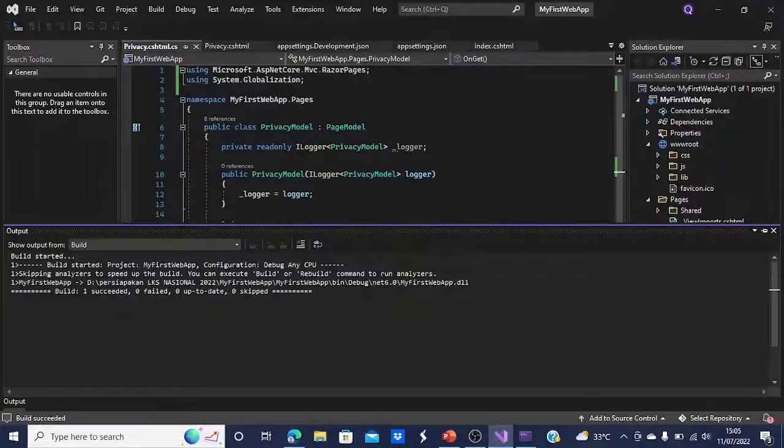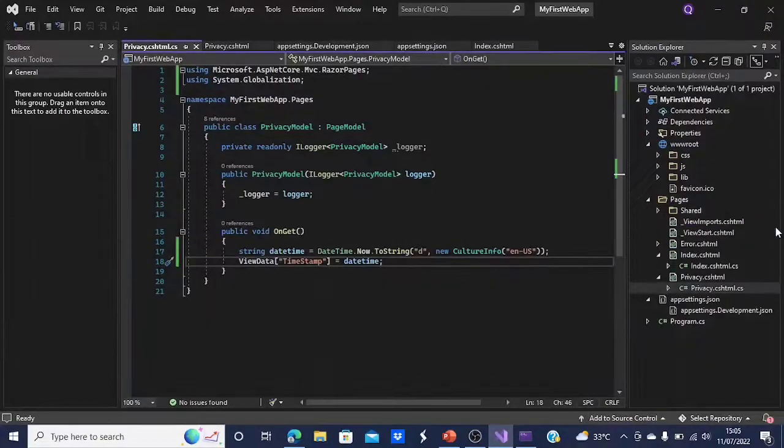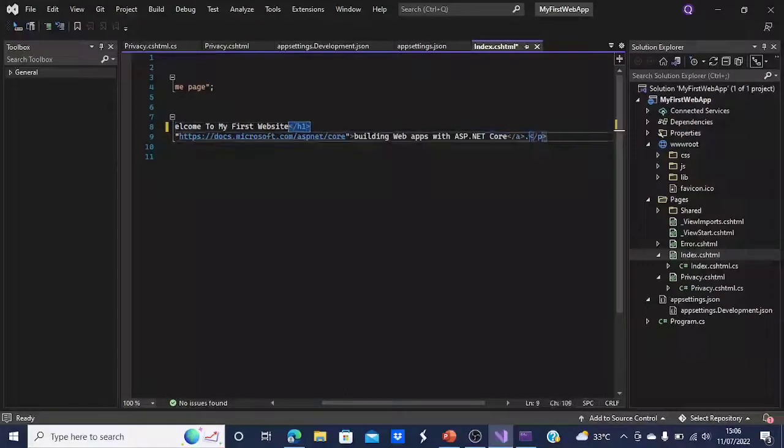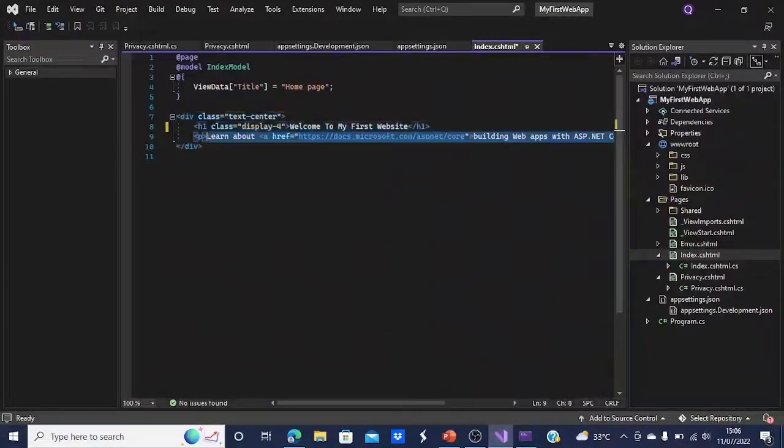Return to Visual Studio code editor. Index.cshtml. Welcome to my first website. And here, delete this text. And I will introduce myself.